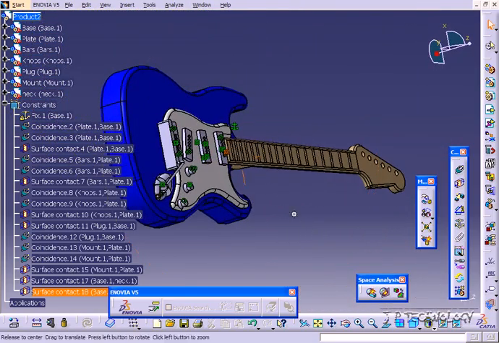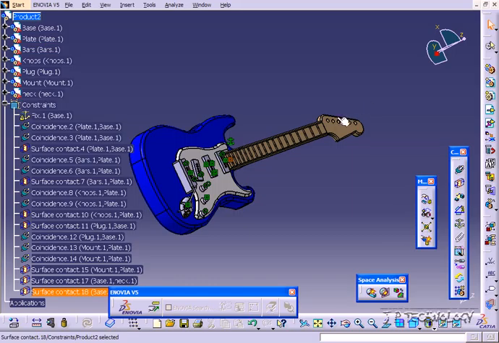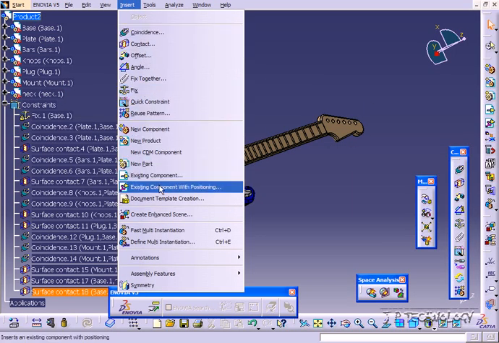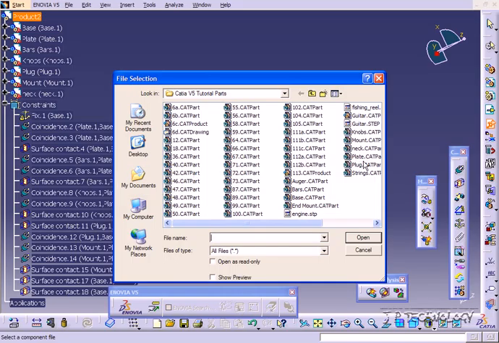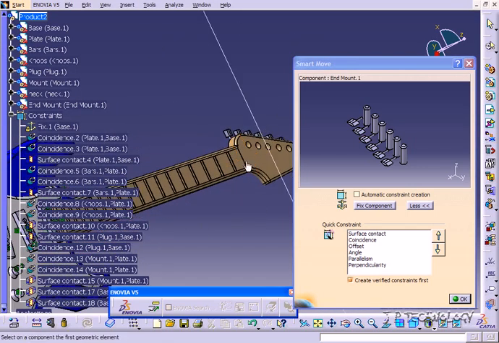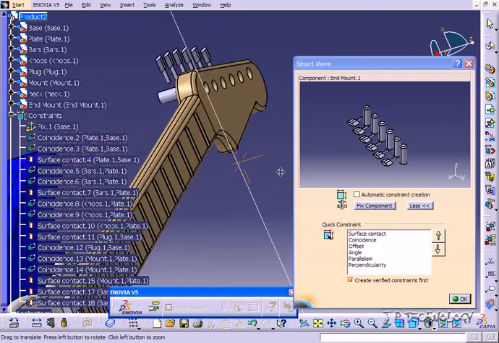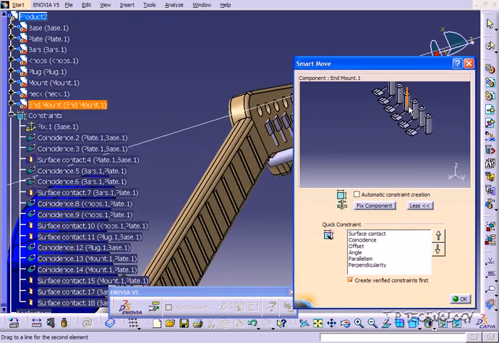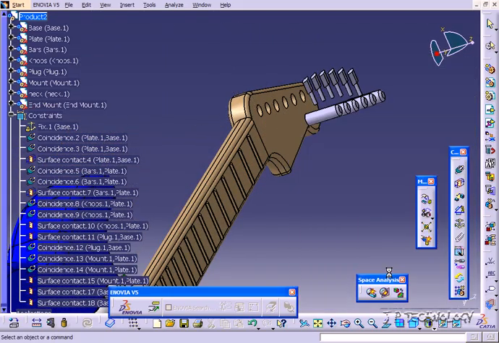So now let's bring in the knobs at the end. So let's click insert, existing component with positioning, and let's bring in the end mount. Click open, and it's already near the end there. Now you're able to move it around if you need to, so just move it around, click OK,